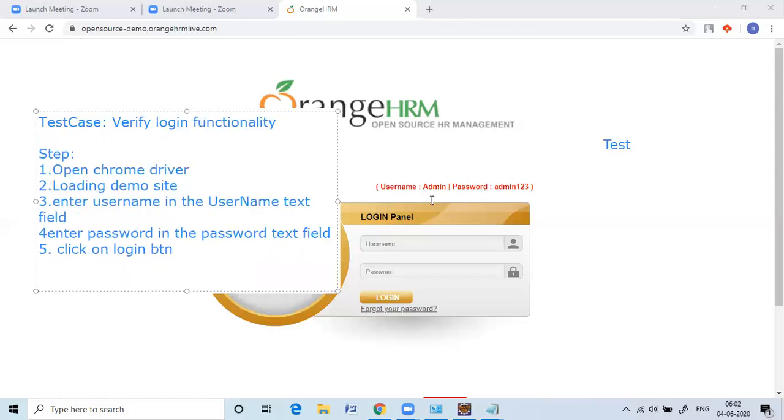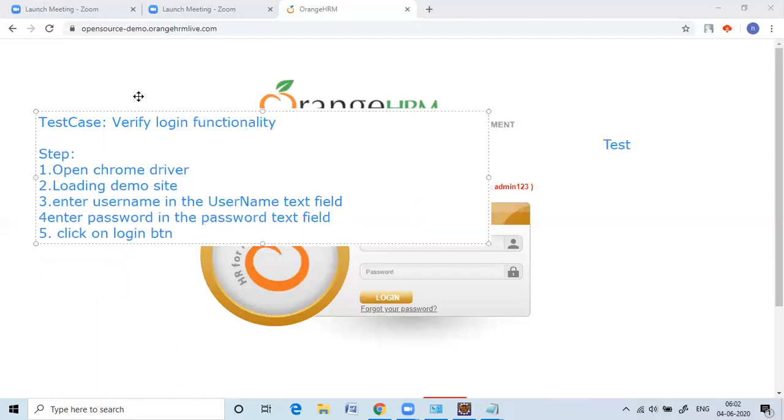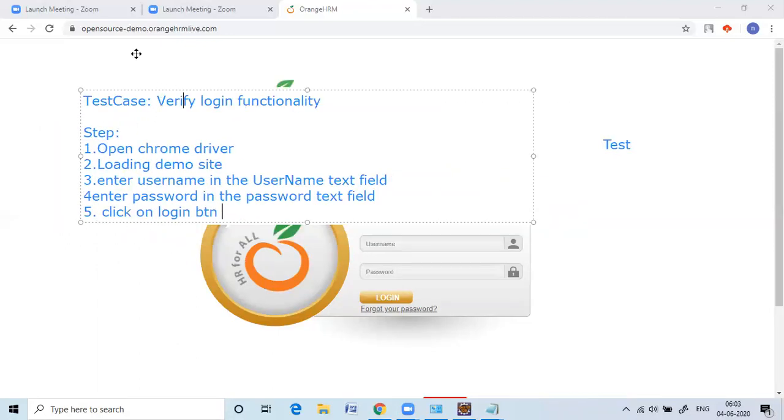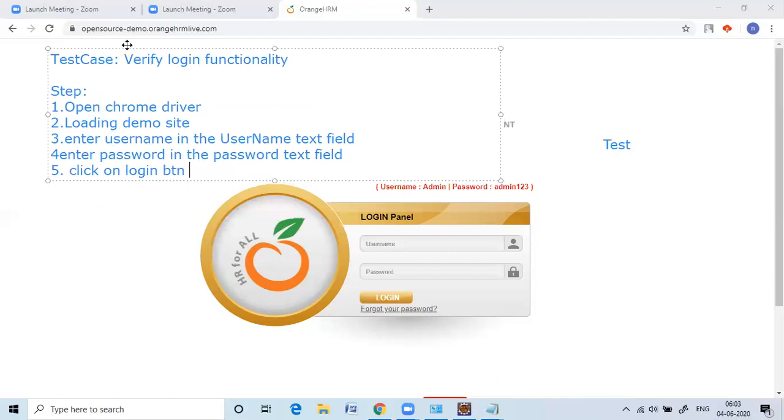Okay, so generally the manual test case will be derived like this, and we are going to automate. For automation, what do we require? As a manual user, you just open the browser, see the login panel, enter the username and password, and click the button. For automation, we need a WebDriver binary, Selenium jar files, and we need to integrate them and load the URL.